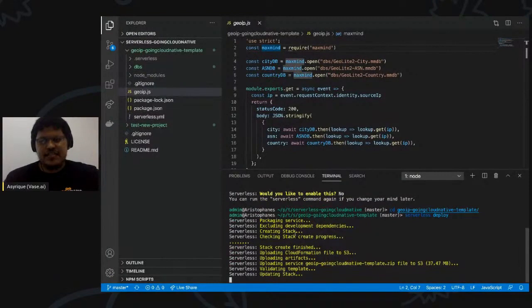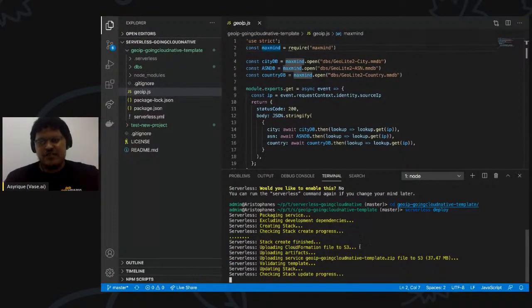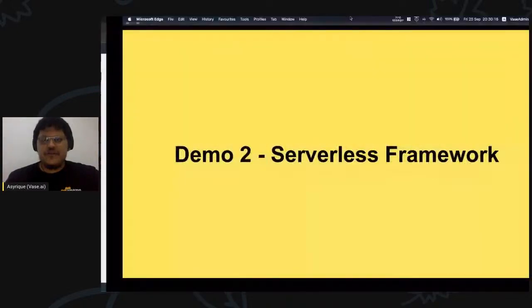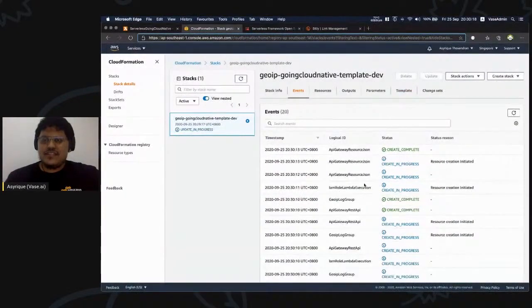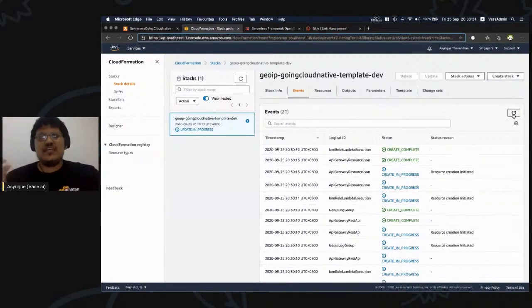So we've created the stack in the S3 buckets. And now it starts uploading the file to S3 as well as the actual code. As you can see here, it's 37 megabytes. And now it's creating all the other resources that are necessary. So we have API Gateway, which is to access the Lambda, the log group so that we can see the logs from the run, the IAM group, which I'm again not going to go into too much detail about because that's a whole other talk by itself, but think of it as the permissions that the Lambda runs with.